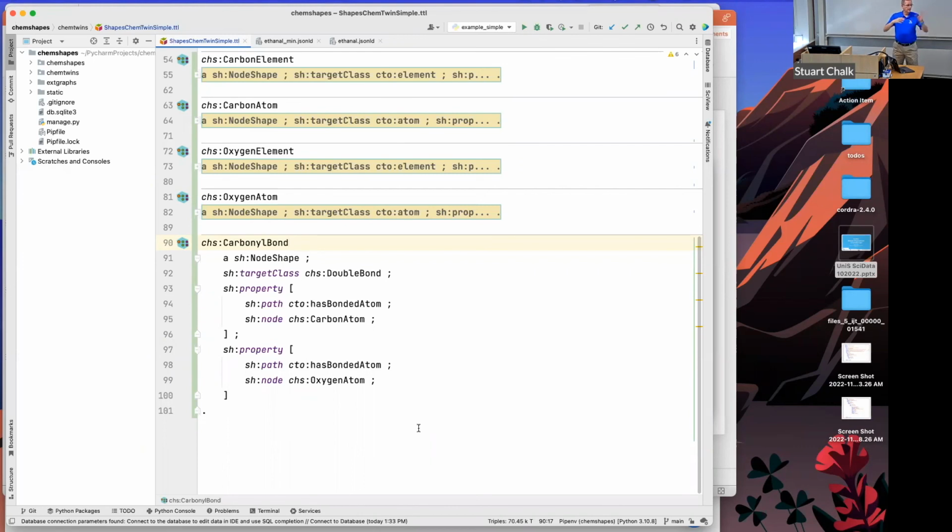And literally the shapes file that we're talking about here could be applied to all of the chemical twin graphs that are in the graph database. So we could infer carboxylic acid groups that are present. If they are present, we could infer carbonyl groups, amines, and any other functional groups you can imagine with this kind of setup. The problem that I have right now is the technology.